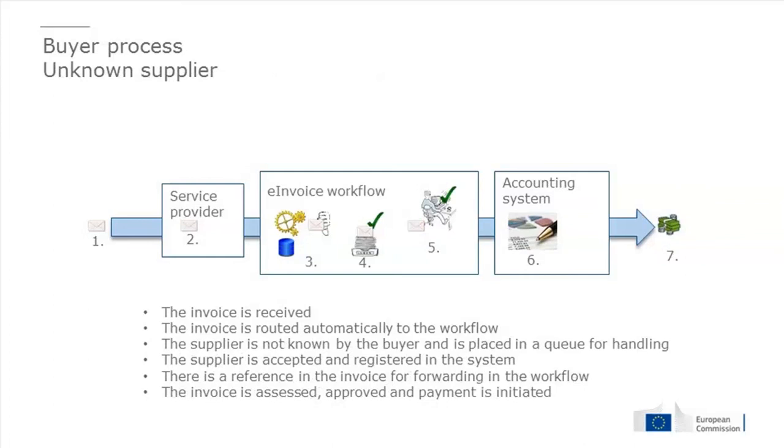And when implementing this at large scale, as we are now looking at in Europe with the new directive, you will also start receiving invoices from suppliers which you have not received invoices from before. Just as you do with paper invoices, you might get the first invoice, for example, from a new supplier. These should not be sent directly out for approval. They need to be registered and approved as suppliers. So you have to have some kind of workflow handling for queuing these up for specific handling of new, unknown suppliers. From a security perspective, this is important.